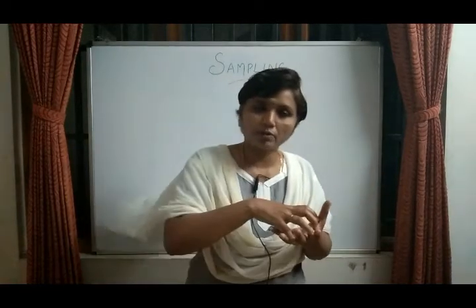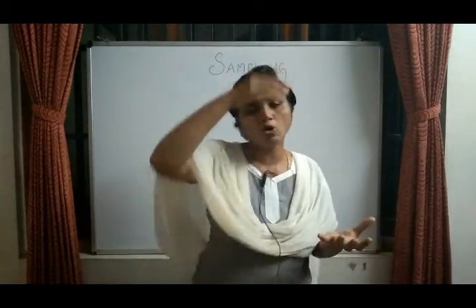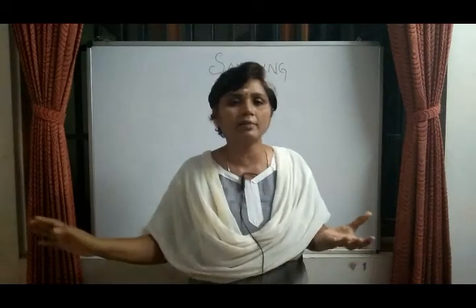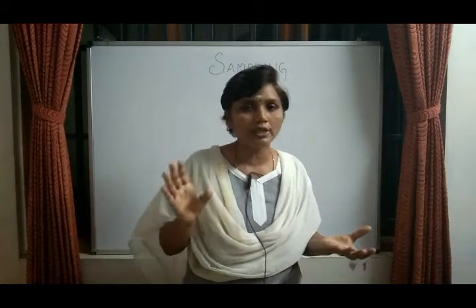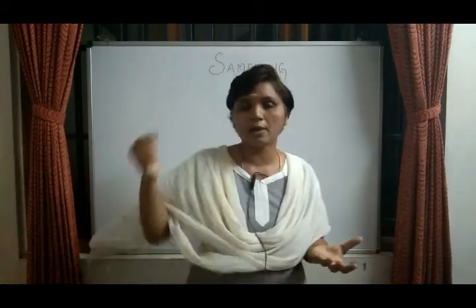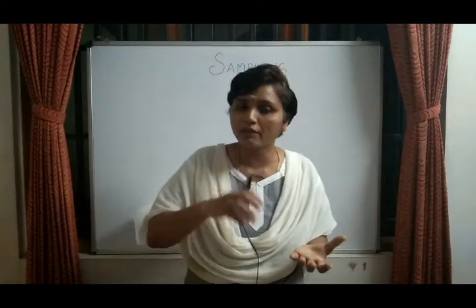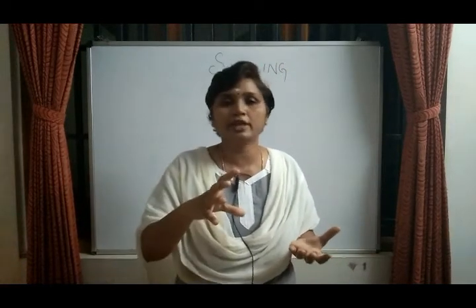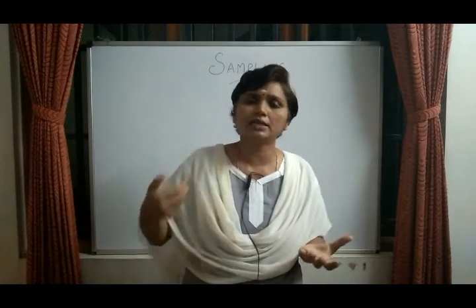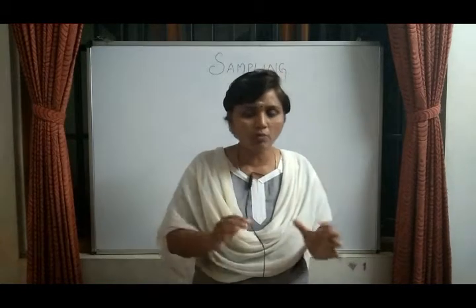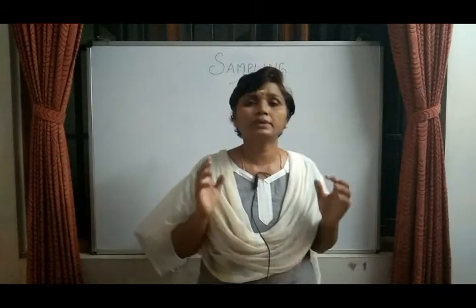In the target population we are making a sampling frame. Sampling frame in the sense the list of people, all the people will be listed down. All the elements have to be given equal chance, all the elements have to be listed down. That is called the sampling frame. From the sampling frame only we are going to select the samples. That means we will have an inclusion criteria. According to our criteria, or according to the systematic sampling, we will be selecting the people for the study. That study population is known as the sample. Are you understanding?